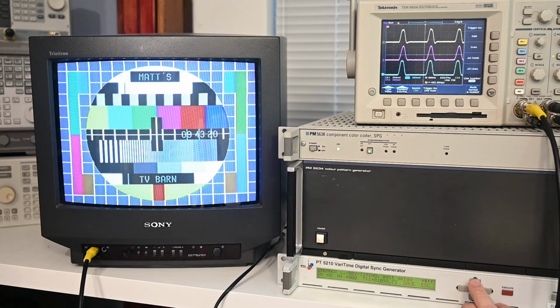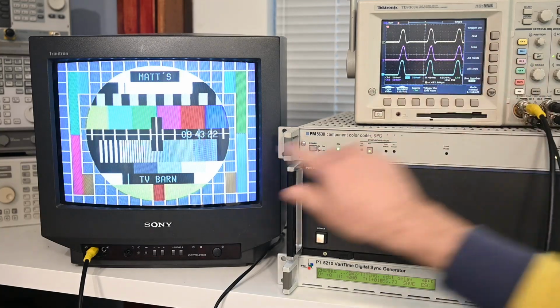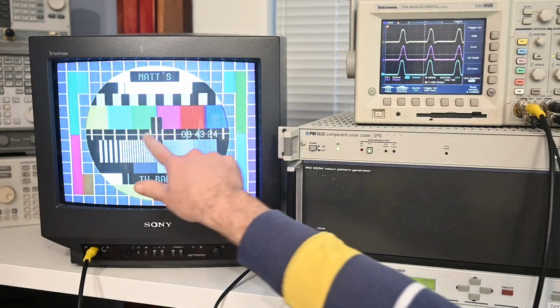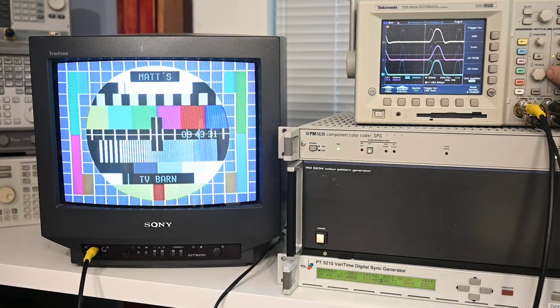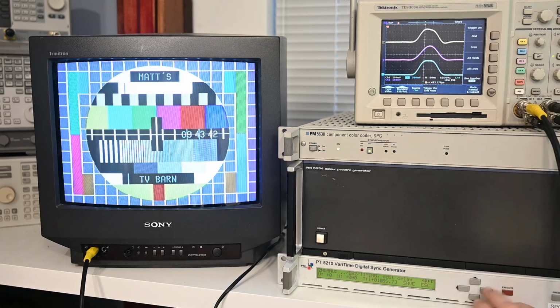Now the particular feature that we're actually looking at on this scope here is the three white lines in the center of the image. I just picked those because they're a nice monochrome feature, which is easy to look at on the oscilloscope. And we certainly want to be aligning on a monochrome feature because aligning on color features is not quite so easy. So if we zoom in on the oscilloscope now and just play around,